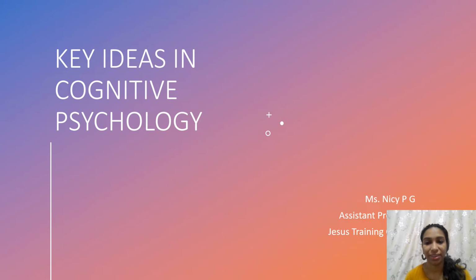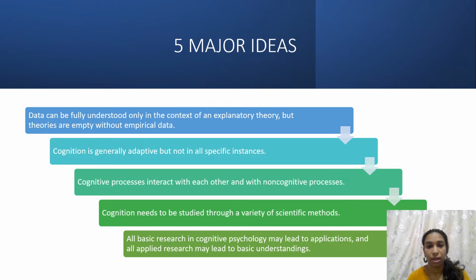Good evening, everyone. Today we are discussing key ideas in cognitive psychology. We are discussing five major ideas in cognitive psychology. The first one is that data can be fully understood only in the context of an explanatory theory, but theories